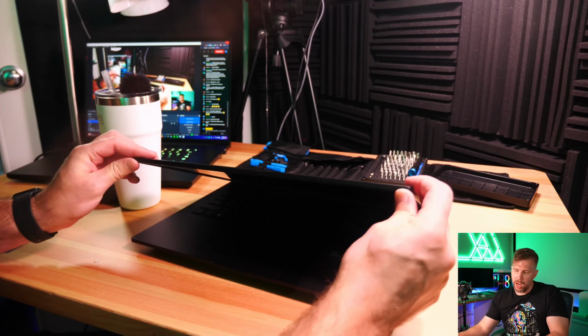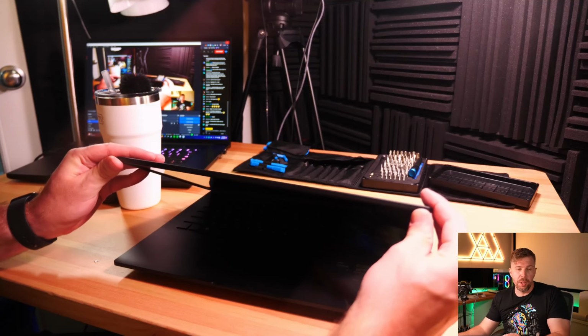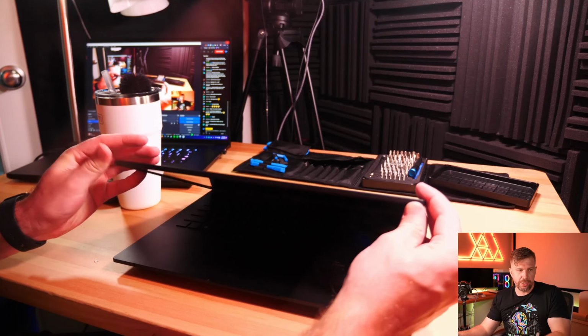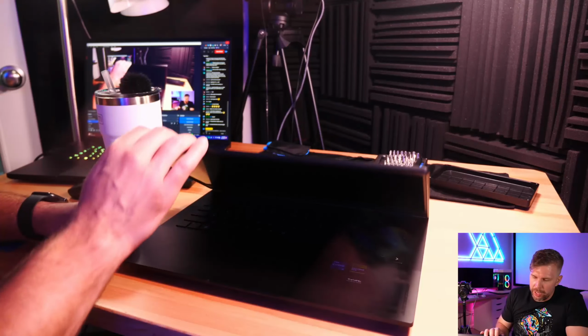That seems pretty solid, but not like amazing rigidity. Like I'm picking up the laptop when I move it left and right. Like you can see it, I'm literally picking up the laptop. So that's a lot of force on the laptop itself. The hinge